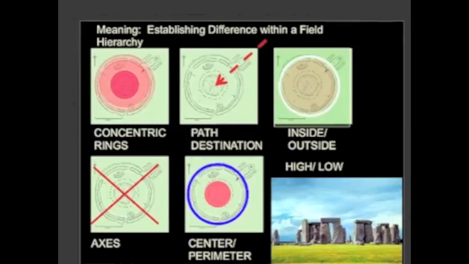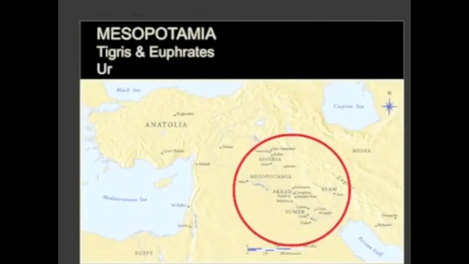and establishing meaning within this organization. So we spoke about concentric rings, the idea of the path. Are you inside? Are you outside? Axes cross, it gives us a point. We have a perimeter that organizes itself around a center, and so forth. There, several thousand years of history, done. We're not done yet. Let's go back to